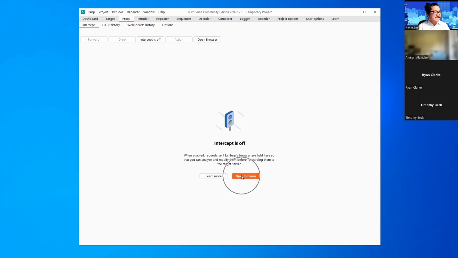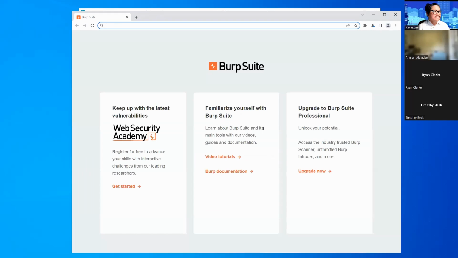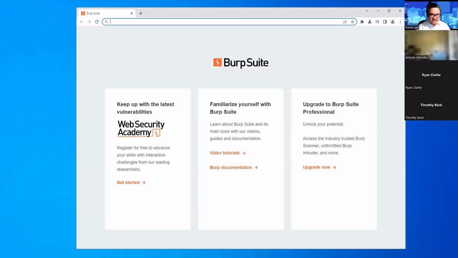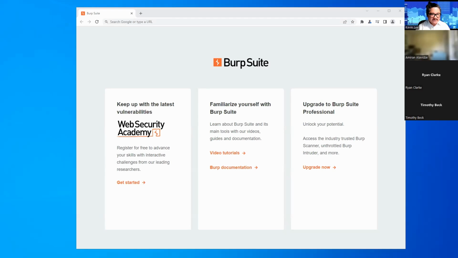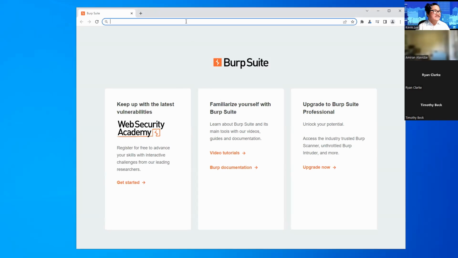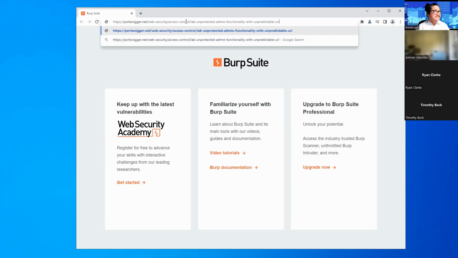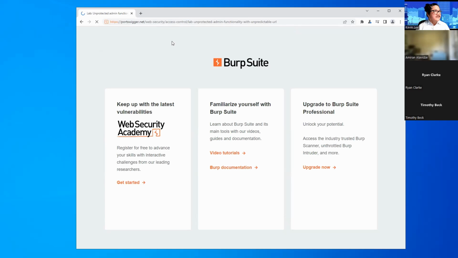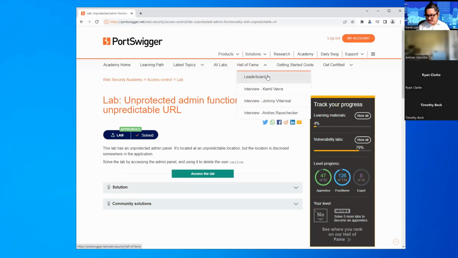And then we're going to click on Open Browser to open up the Burp Suite integrated browser. And then we're going to access our next lab, which is Unprotected Admin Functionality with Unpredictable URL, by pasting it into the address bar here.